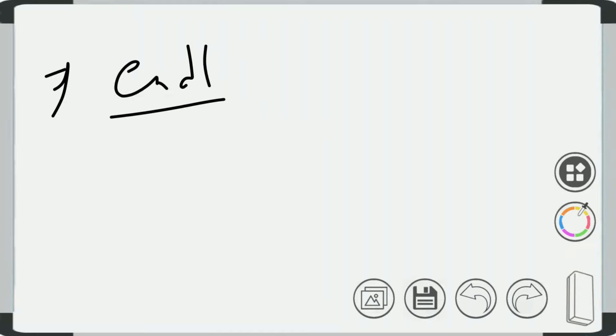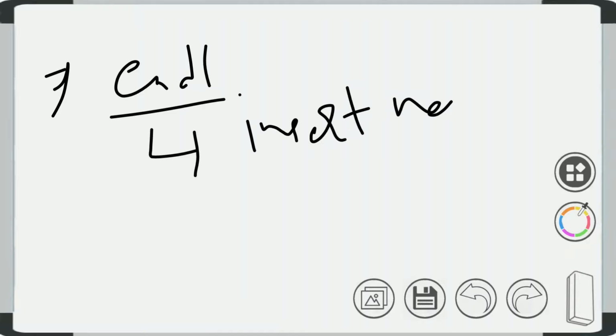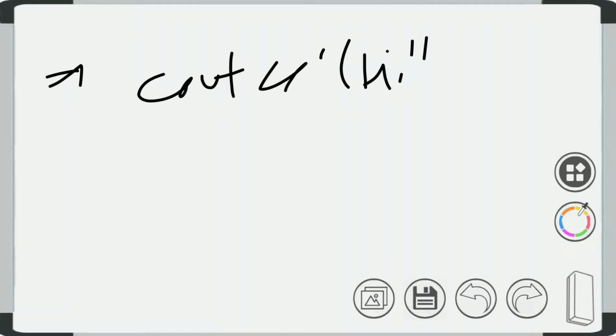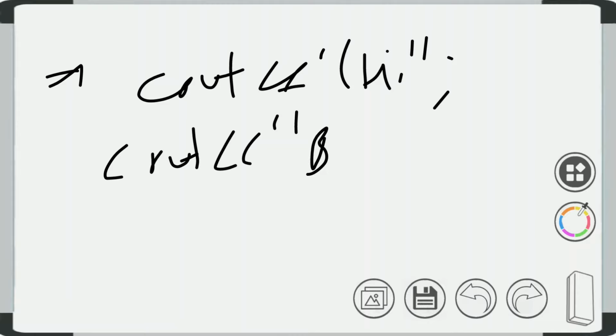endl is used to insert a new line, that is, it will display the output in the next line. Suppose the program is cout hi and after that cout bye, so the output will be hi bye.